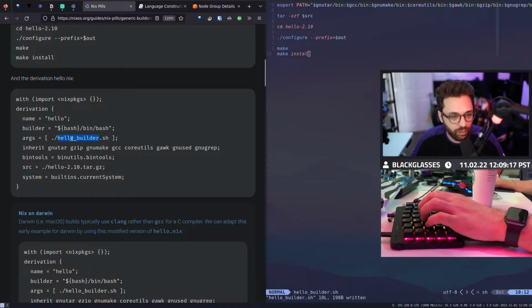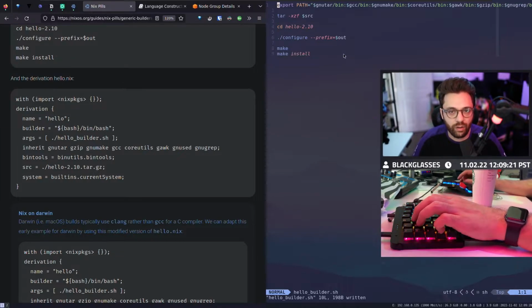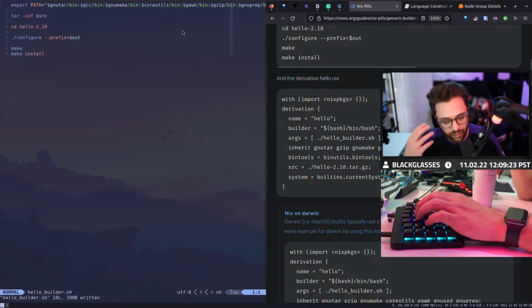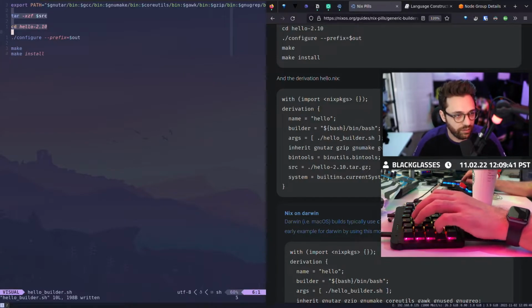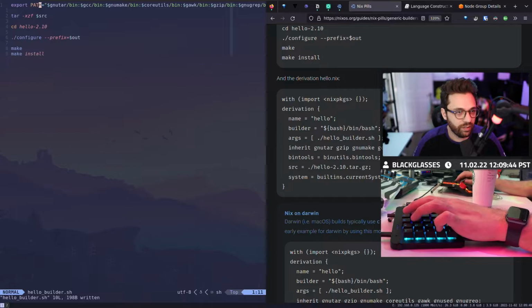When we give it that hello builder, which is literally this script right here, this is where one of the things that's really powerful about Nix shines first, which is it gives you a completely isolated, locked off environment, even down to where you can't download packages. It won't let you, and that's because of the level of reproducibility. So when I run this shell script, not only do I have to tell it the things I want it to do, but I also have to tell it the binaries I want, the paths to them.